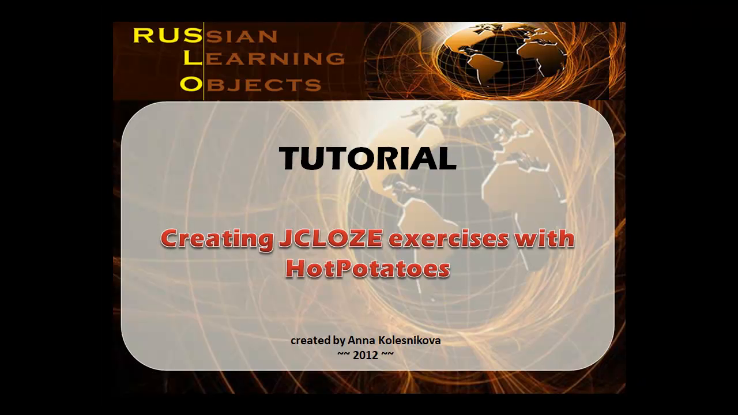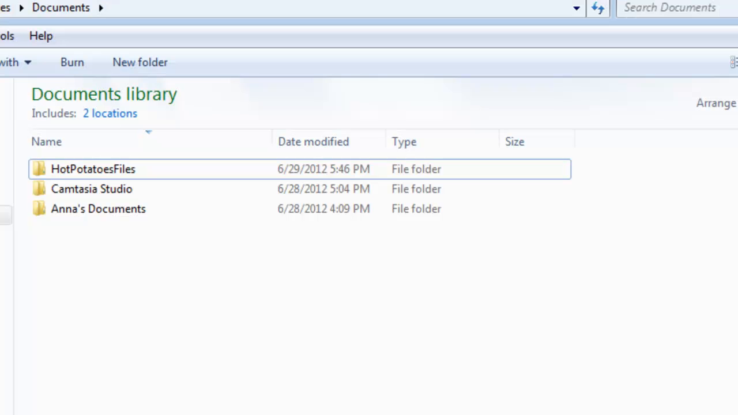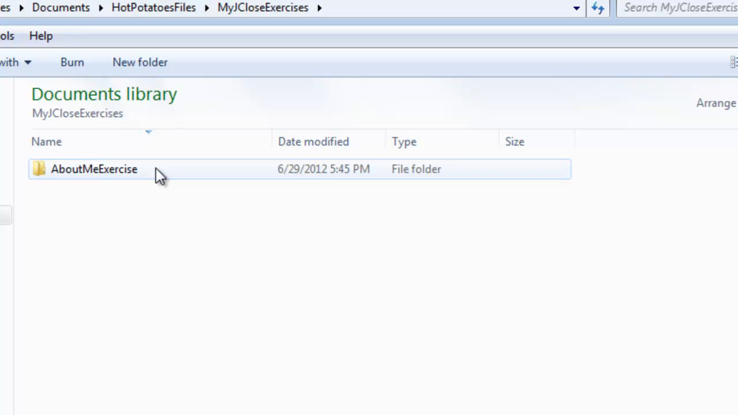In this tutorial, you will learn how to create simple cloze exercises in Hot Potatoes, where the learner's task is to fill in the blanks. First of all, you should always have an individual folder created for your exercise. It's not a must, but it's a good habit to keep things organized. In my folder right now,